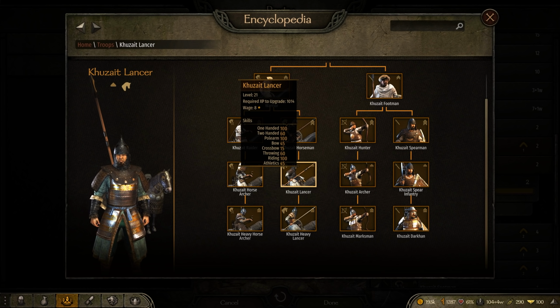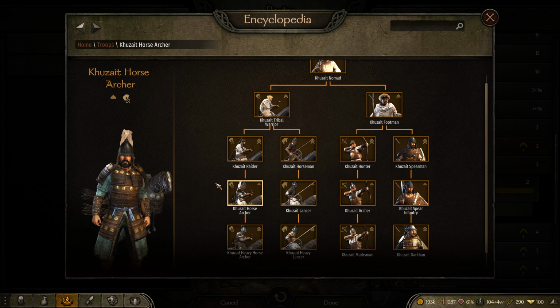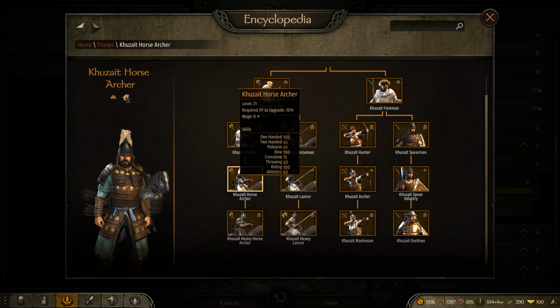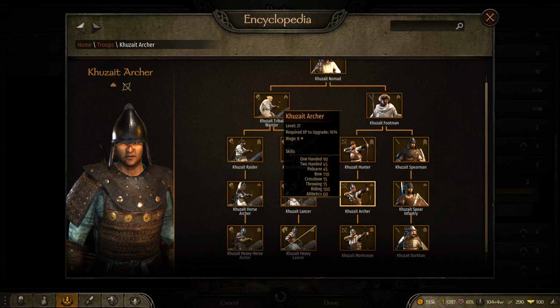The reason this is important is because the advance command will look at these skills when determining how the unit will respond on the combat map, choosing the best skill and weapon for their assigned role. Moving to Horse Archers, we see that they have 100 one-handed, 100 bow, and 100 riding. And then lastly, over here to the Khazate Archers, we see that there's a bit of a swap with 90